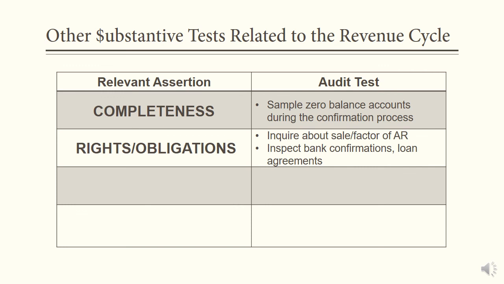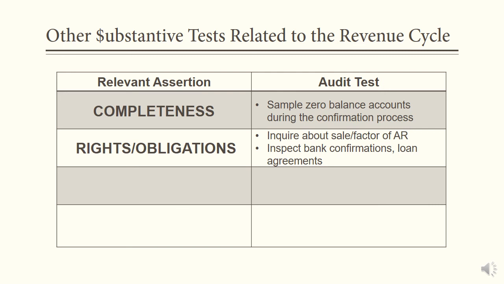The auditor also wants to verify the rights and obligations. As I stated, confirming what's owed only tells you so much about whether the company still owns the accounts receivables or whether they still owe the money to the bank. The auditor needs to inquire with management to make sure that they actually owe or own such items, and then perform additional tests